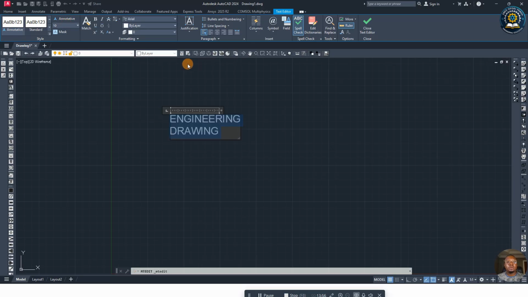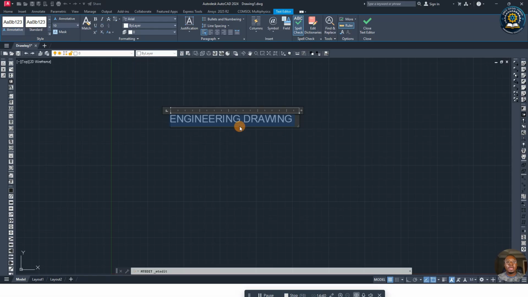Now, when I type in the new text, part of it has moved to the new line, and I want them to still remain on the same line. I'm just going to move my cursor to the bottom here. When the cursor changes to this sign, I click, hold, and drag. As I increase the text box, the word on the next line moves to the first line. Then I release,